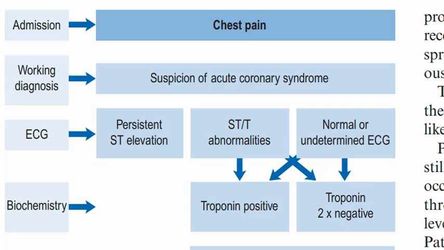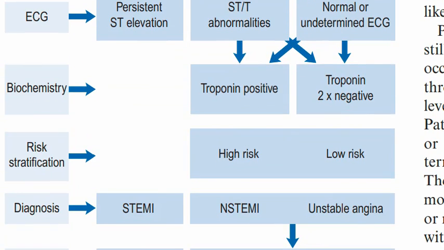So in case of chest pain with suspicion of acute coronary syndrome, immediate admission to hospital may be required. The ECG will be evaluated immediately, and there may be persistent ST elevation, ST abnormalities, or a normal ECG, which will be followed by the level of troponins. We check the troponin level for heart patients, and if troponin is positive, it means a heart attack has already occurred. There may also be a chance of troponin negative, and then there may be risk stratification. If troponin is positive, it means the patient is at high risk of heart attack and heart failure.